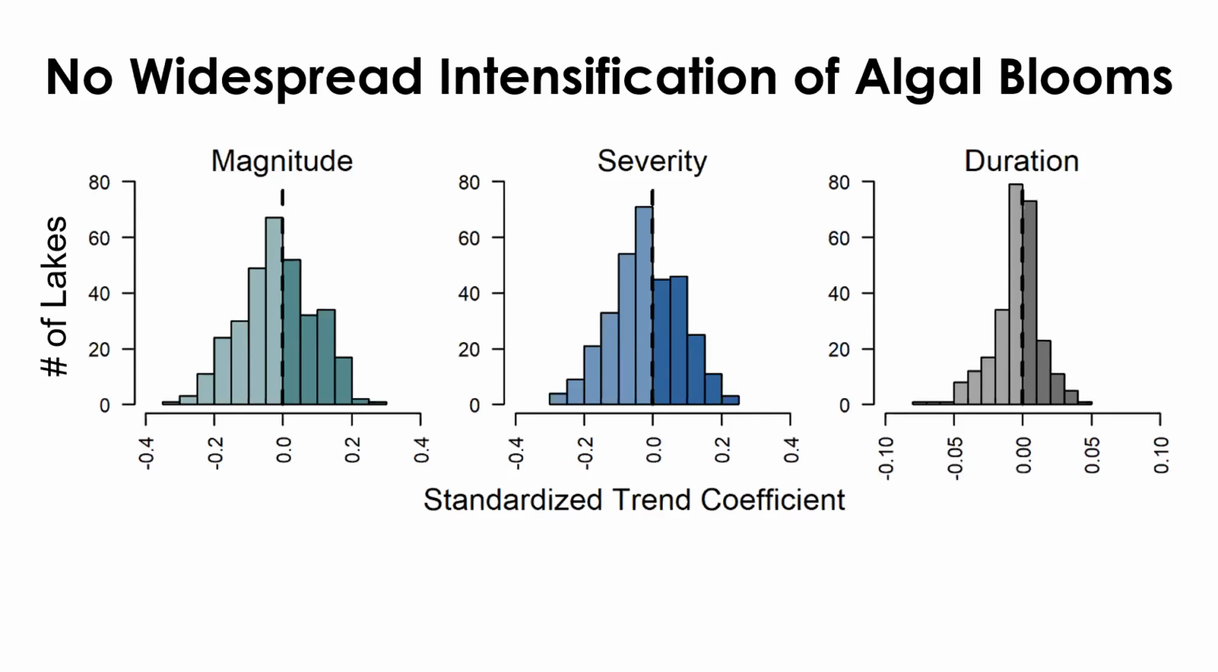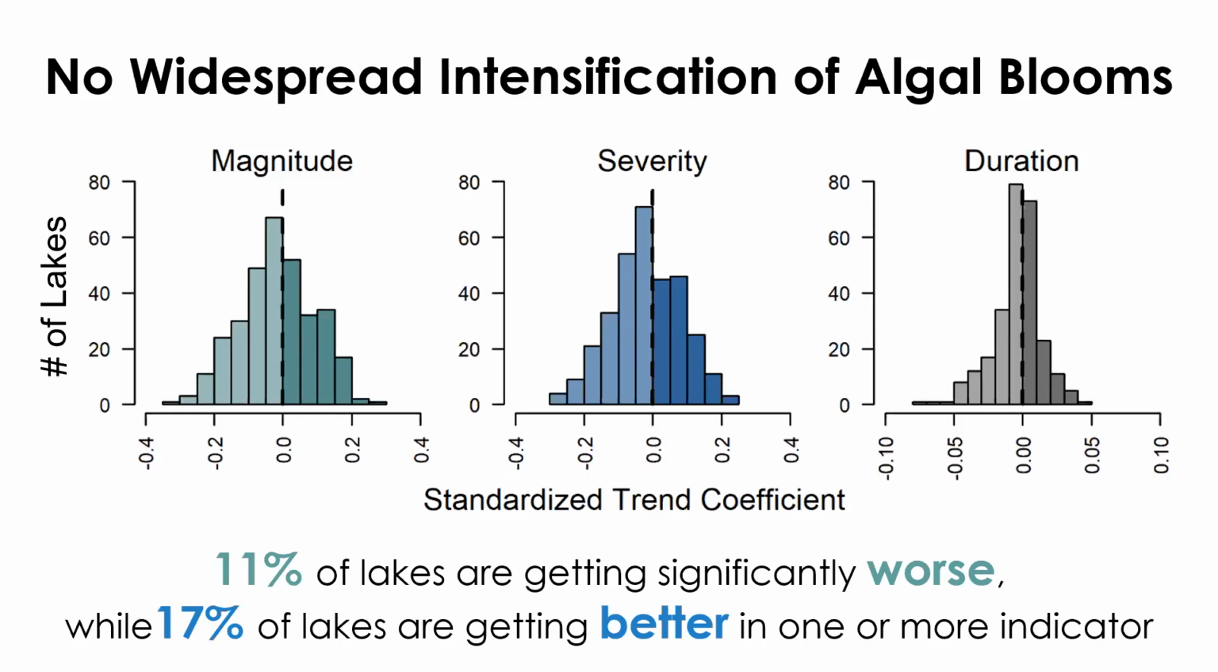And in fact, these are all the standardized trend coefficients, but if we were to just look at which trends were significant at an alpha of 0.05, we found that 11% of lakes in this data set were getting significantly worse in one or more of these metrics. However, and quite surprising to us, 17% of the lakes were getting significantly better in one or more of the